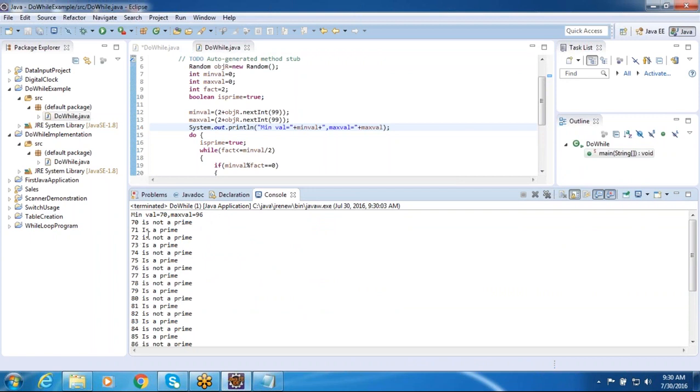70 is not a prime, 71 is a prime, 72 is not a prime, 73 is a prime, it says. 74 is not prime, 75 is a prime, but how can 75 be prime? It should not be prime, because we can print it. So what we have taken here is, we are trying to compare with the, just a minute, the problem